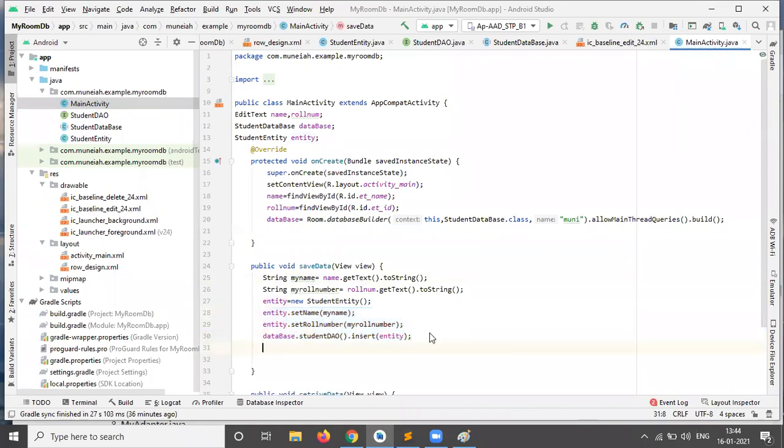After insertion, I need to show a message on the UI. The message is "Save successfully", and I need to display the name which I saved, my name.